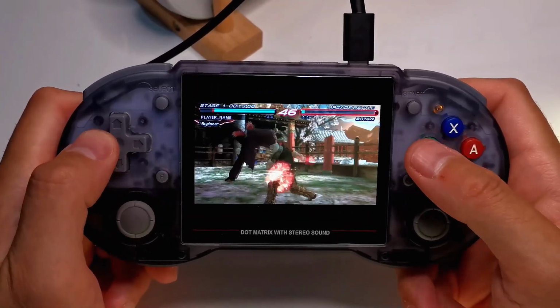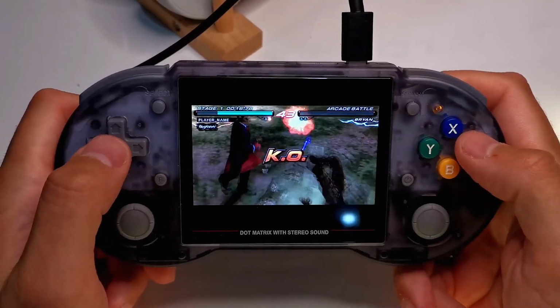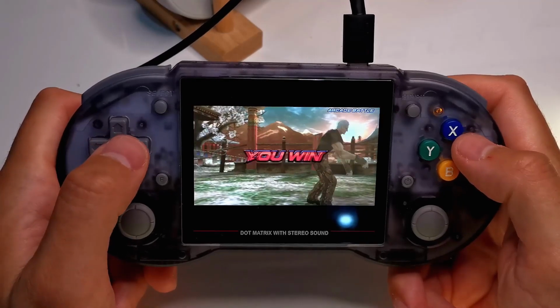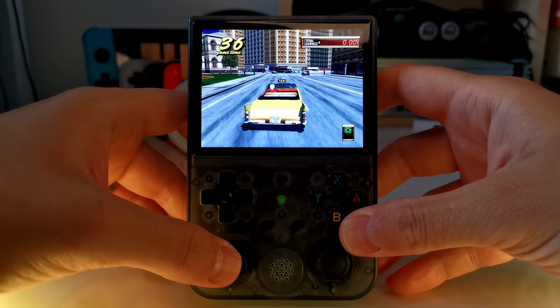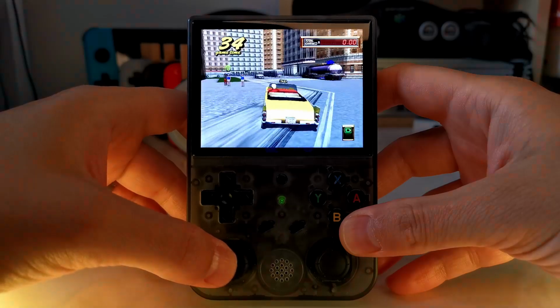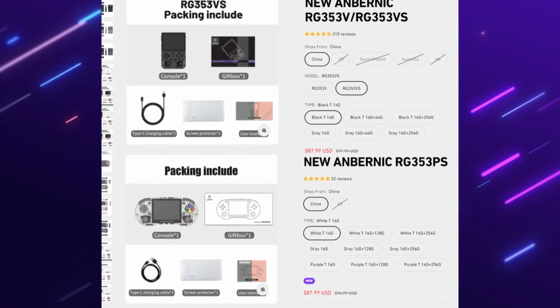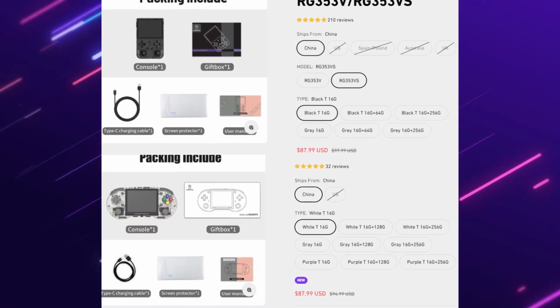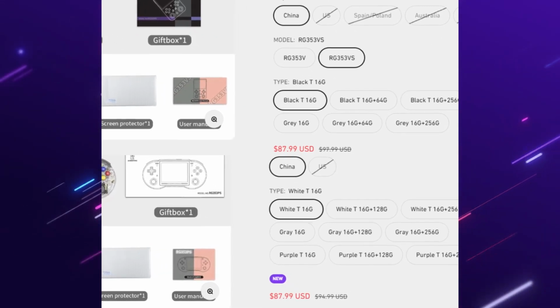They're not perfect and they can present some small technical issues. For me, it's never been anything that's taken away from the gameplay experience, and I've always really enjoyed using those operating systems. But if you aren't enjoying the built-in OS that comes with the VS or the PS, then you can put on custom firmware as well, and this applies to both consoles. So currently both of them are pretty much neck and neck, which is why it's so difficult to choose between the two. Even when it comes to price, the small RRP difference between the two devices is nullified when it comes to sales, with both of them currently selling for